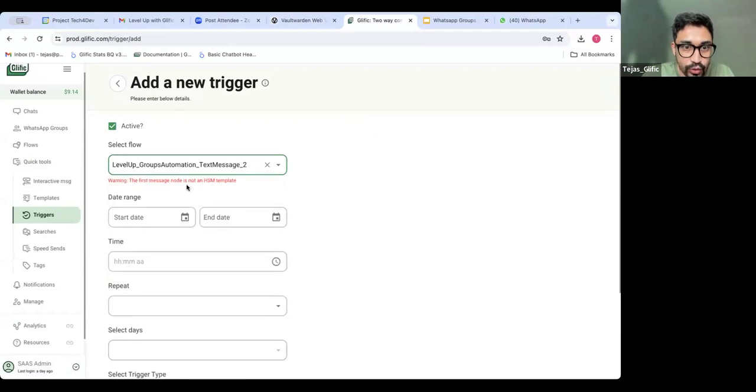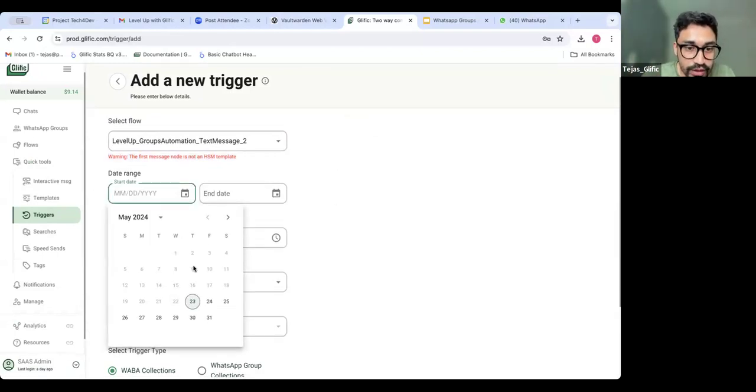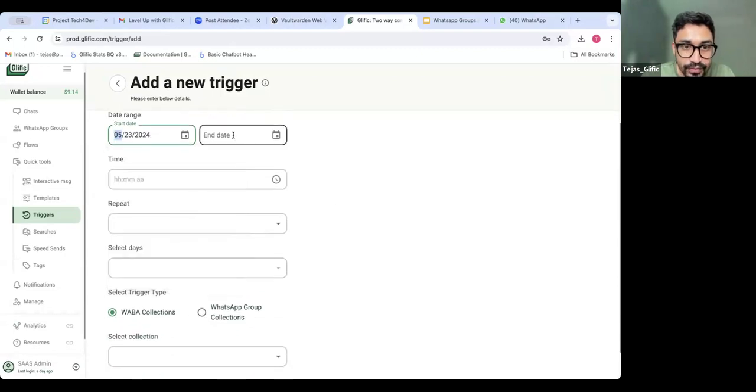आई विल सिलेक्ट द फ्लो नेम। अभी ये वार्निंग इसलिए आ रहा है, यू कैन इग्नोर दिस वार्निंग फॉर नाउ, बिकॉज HSM टेम्पलेट का हमें वाबा के लिए ज़रूरत रहता है, इसमें HSM टेम्पलेट का ज़रूरत नहीं, बिकॉज ये ग्रुप्स में है। तो यू कैन इग्नोर दिस वार्निंग इफ़ यू आर यूजिंग इट फॉर ग्रुप्स।